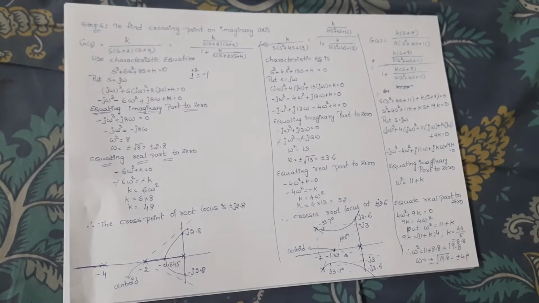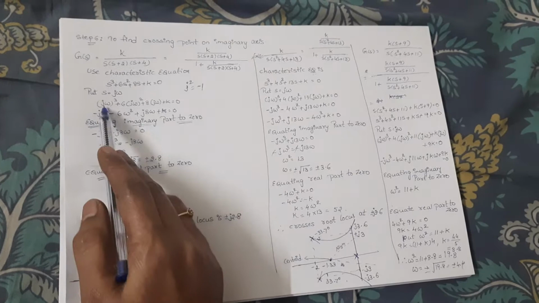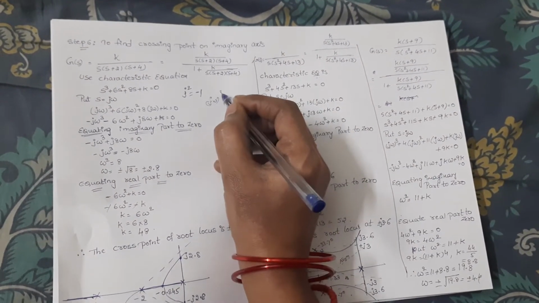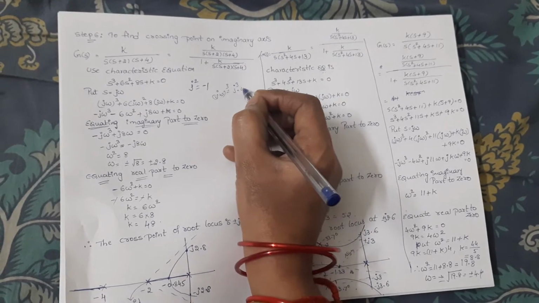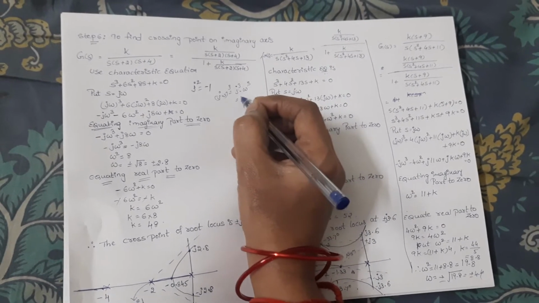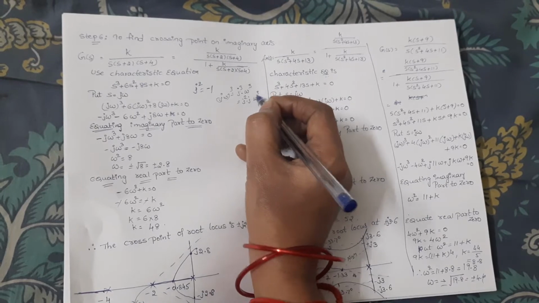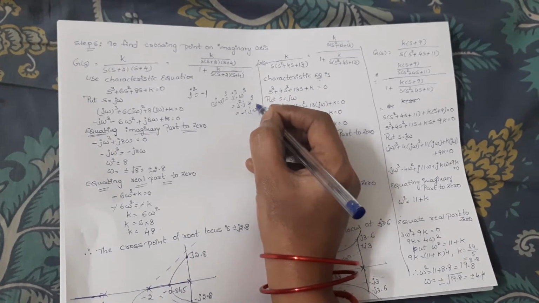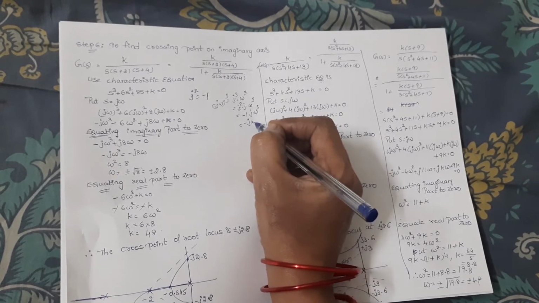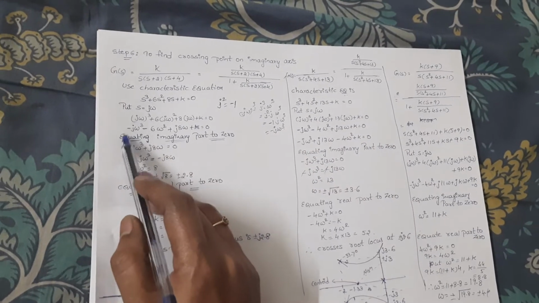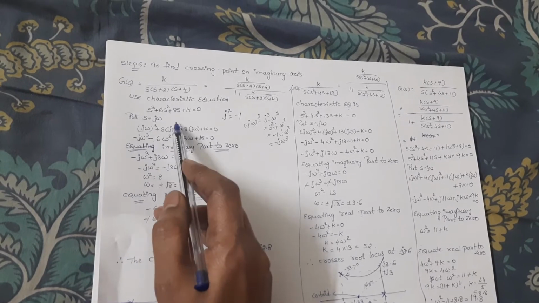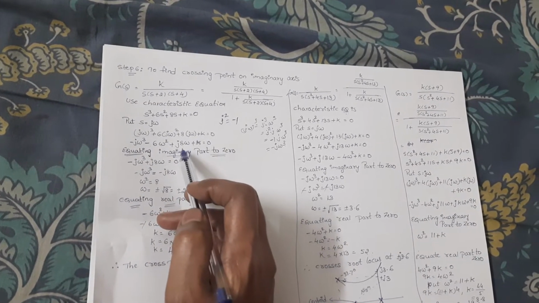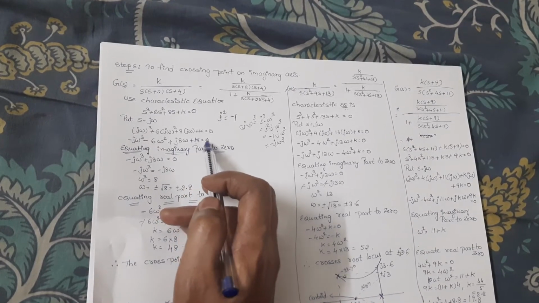j square is equal to minus 1. So here I am taking (j omega) whole cube, which means j cube into omega cube. In this you take j square into j into omega cube. So j square is minus 1, so minus 1 into j into omega cube becomes minus j omega cube. So that's what I wrote here, minus j omega cube minus, again j square means minus 1, so minus 6 omega square plus j 8 omega plus k is equal to 0.